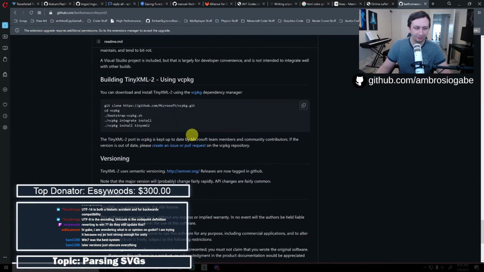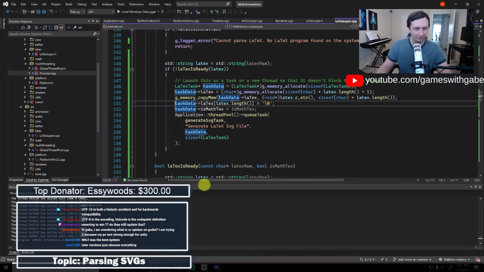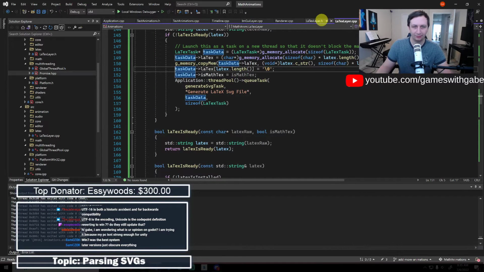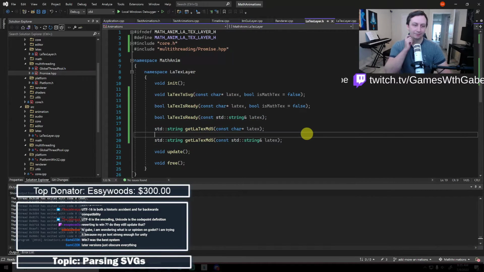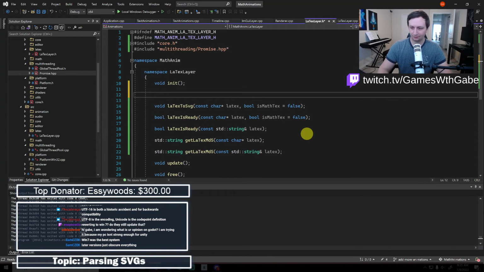I think this should be all we need. Let's just load it and then we're going to take a look at what we get and go from there. So let's go. I'm going to add in LaTeX to SVG, and then we're going to want something else to convert that SVG to an SVG object.